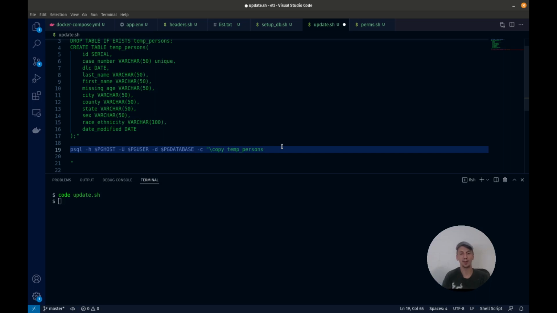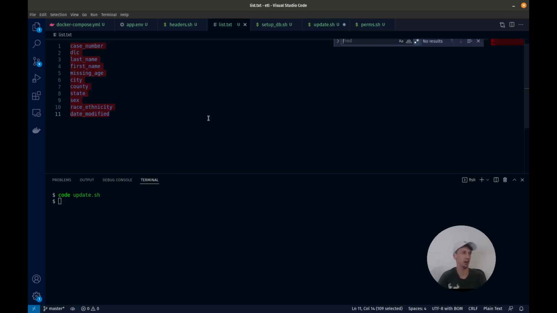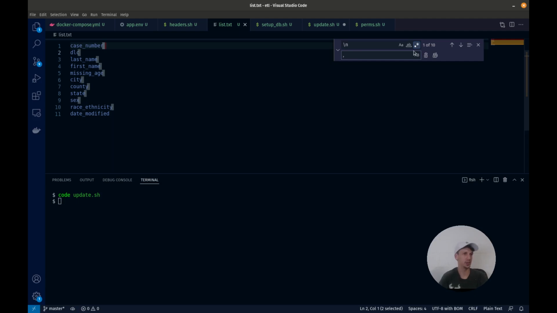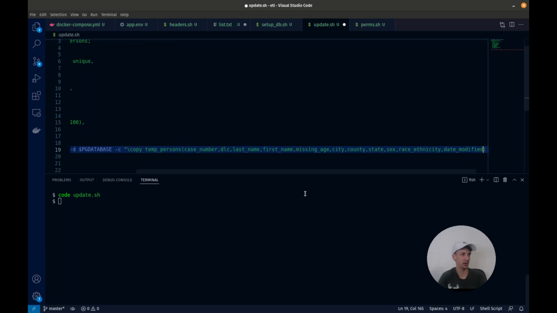So copy to temp persons here. Let's go ahead and head back to our list.txt. Again, this is just for ease of transformation here. I'm just going to replace my new lines with commas, and that should be good. So there we go. And I want to take this line and paste it in my update here. So what we're going to be copying from the data.csv are all of those column names into temp persons